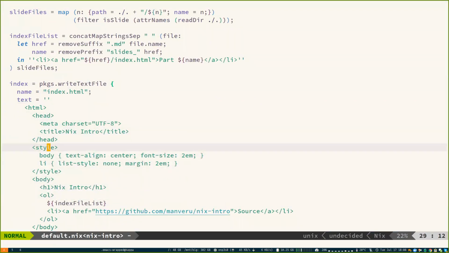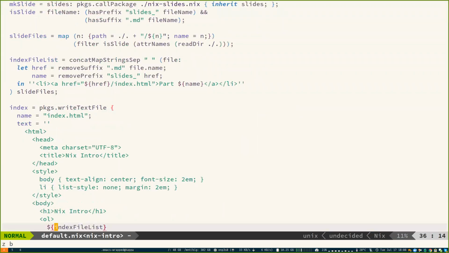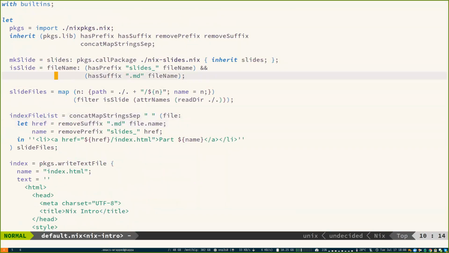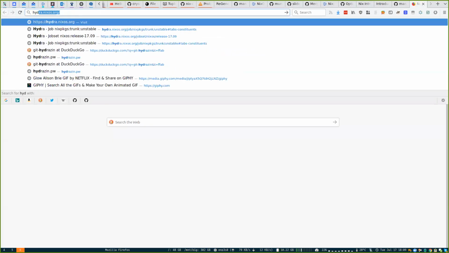I built the whole index.html with Nix, and then the file list is also generated dynamically. So that SHA isn't tied to the channel, right? It's independent. The channels are basically just tested collections of software. So what Nix does is, if we go to Hydra,